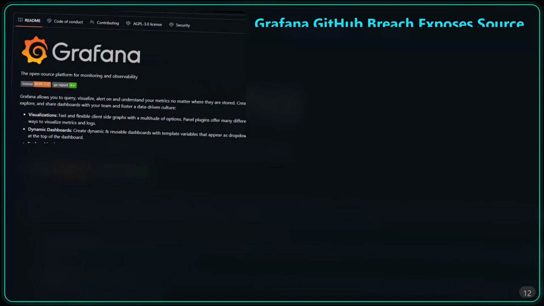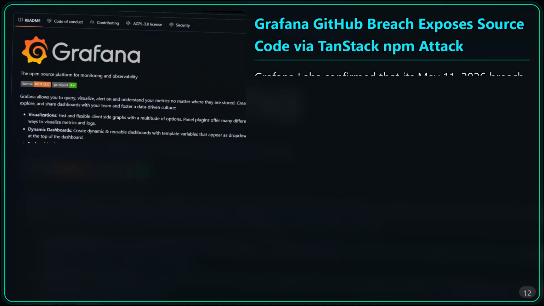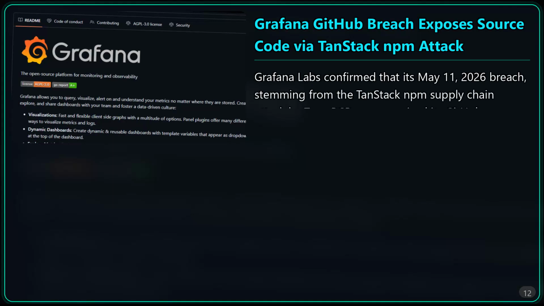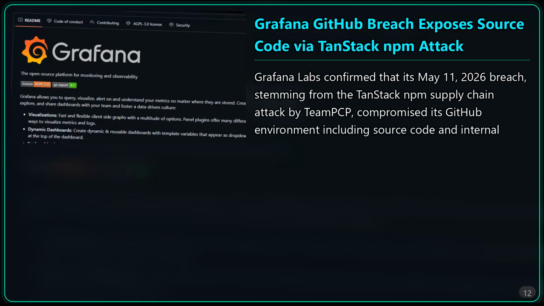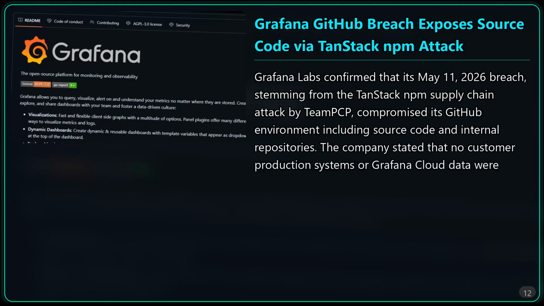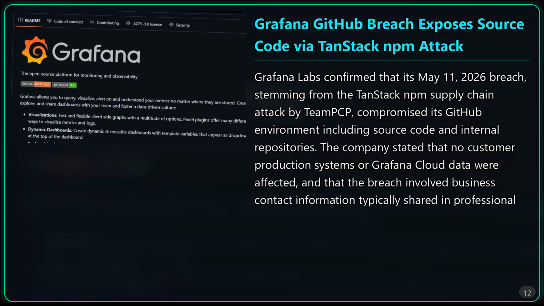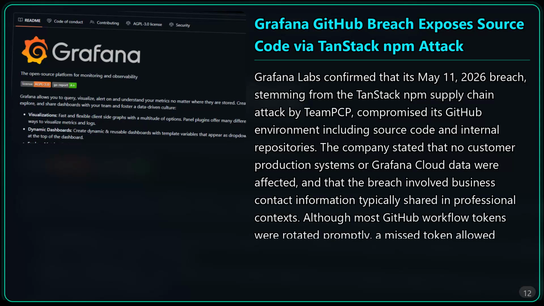Grafana GitHub breach exposes source code via TanStack NPM attack. Grafana Labs confirmed that its May 11, 2026 breach, stemming from the TanStack NPM supply chain attack by TeamPCP, compromised its GitHub environment including source code and internal repositories. The company stated that no customer production systems or Grafana Cloud data were affected, and that the breach involved business contact information typically shared in professional contexts. Although most GitHub workflow tokens were rotated promptly, a missed token allowed attackers access, leading to a subsequent extortion demand